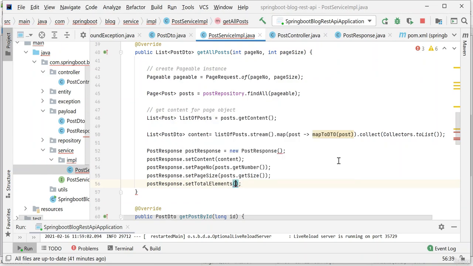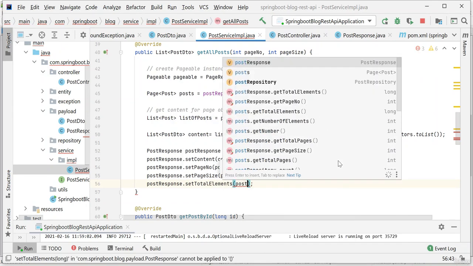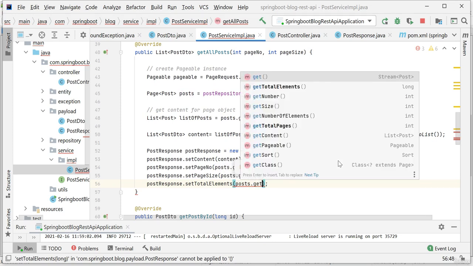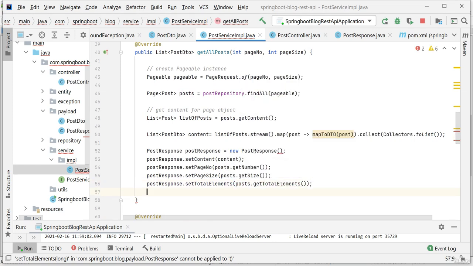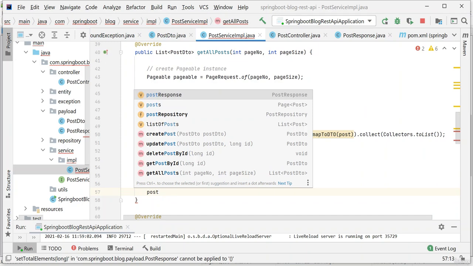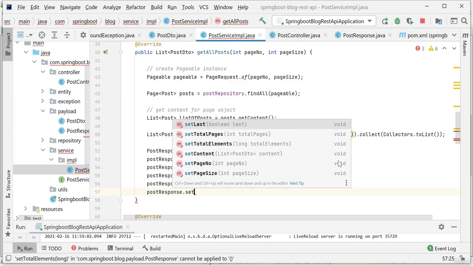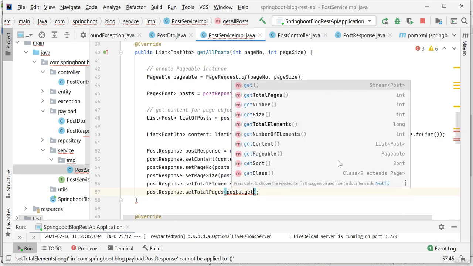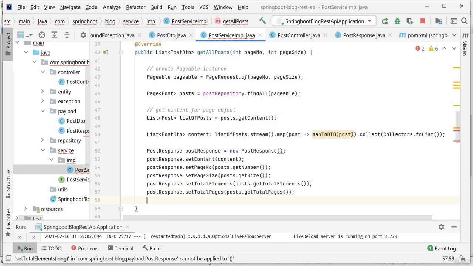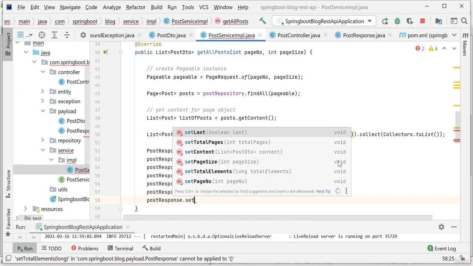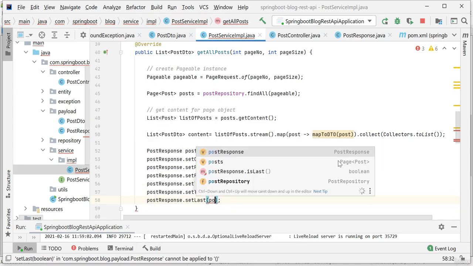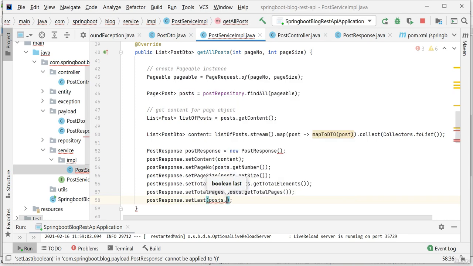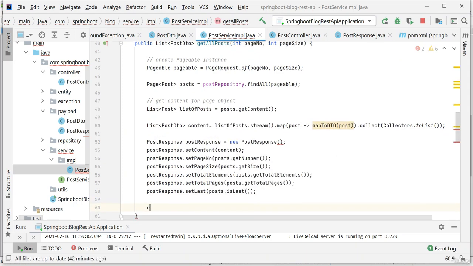and then postResponse.setTotalElements, and we can get the total elements from the page object, getTotalElements like this. And again let's do it for total pages, setTotalPages, and then the page object, that is posts.getTotalPages, and one more field, that is setLast, and here just call the posts object and then isLast, not getIsLast, right? Yeah,